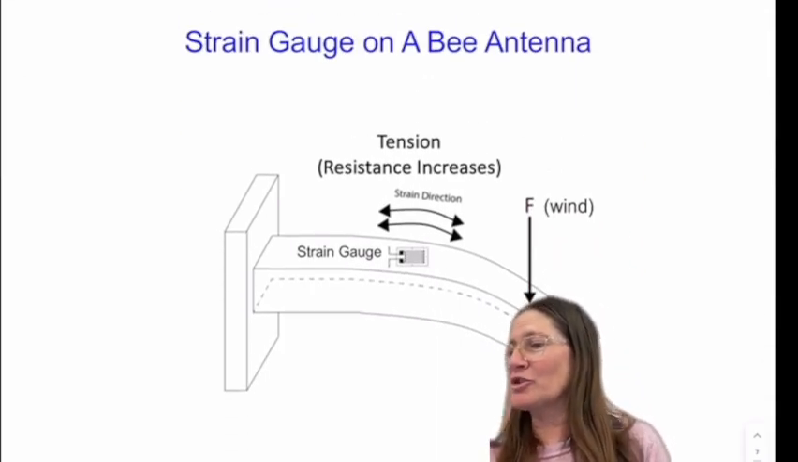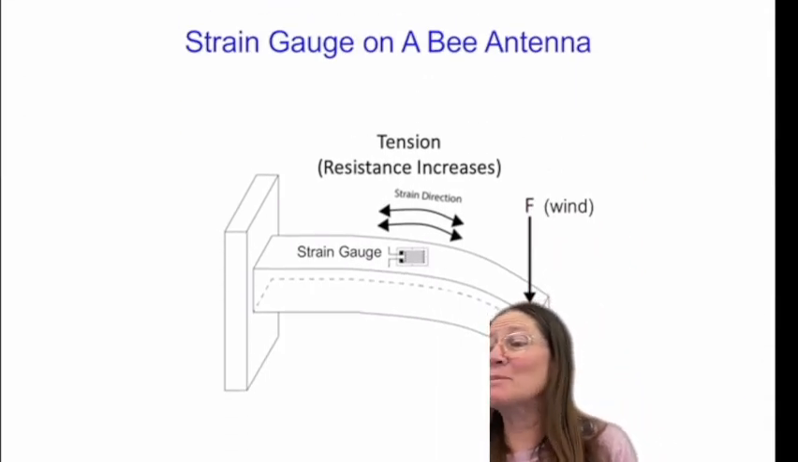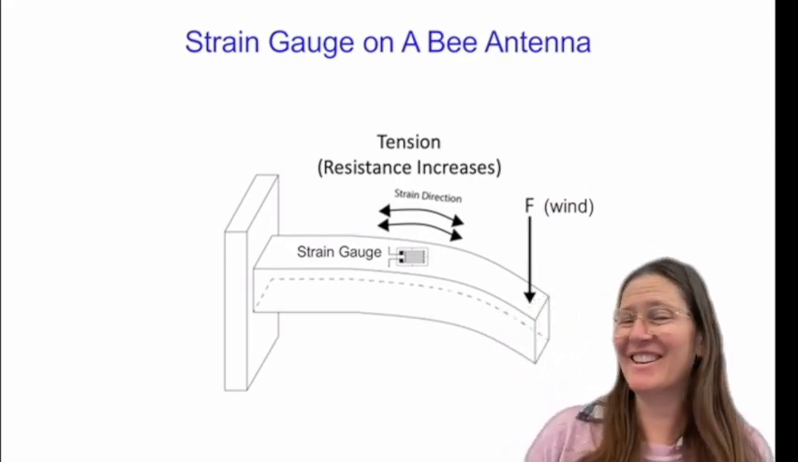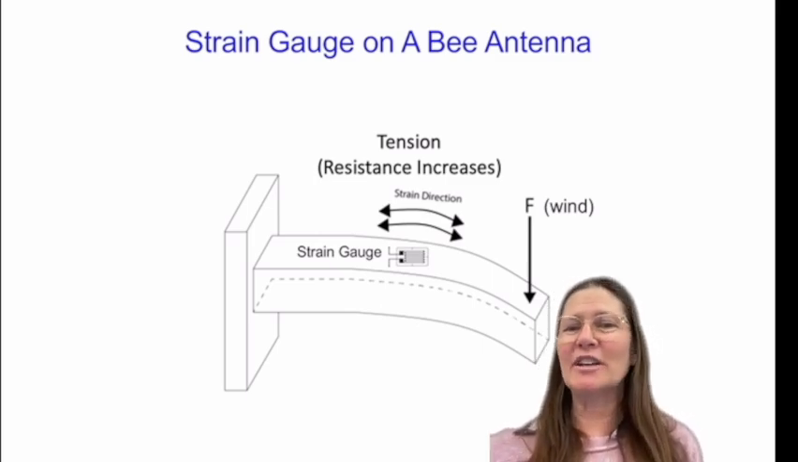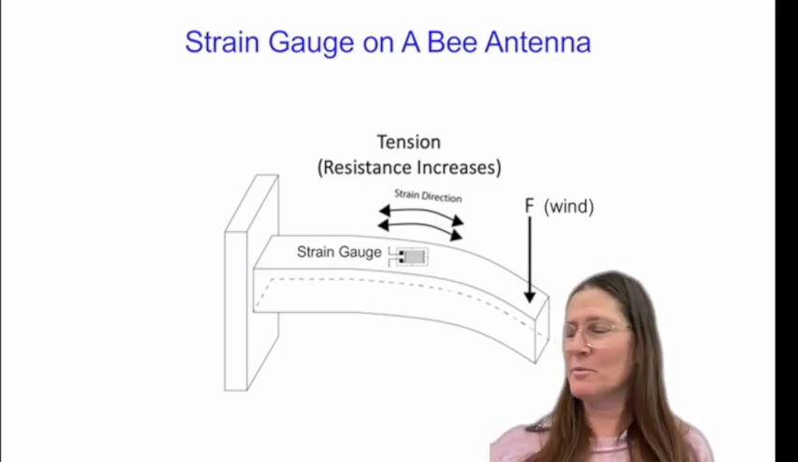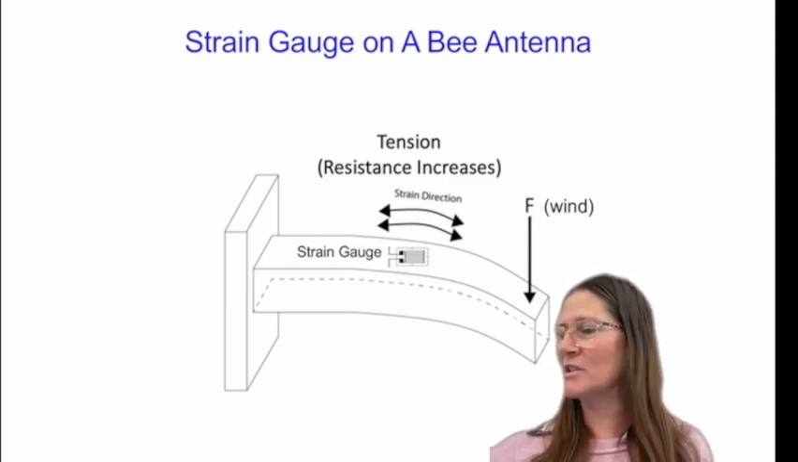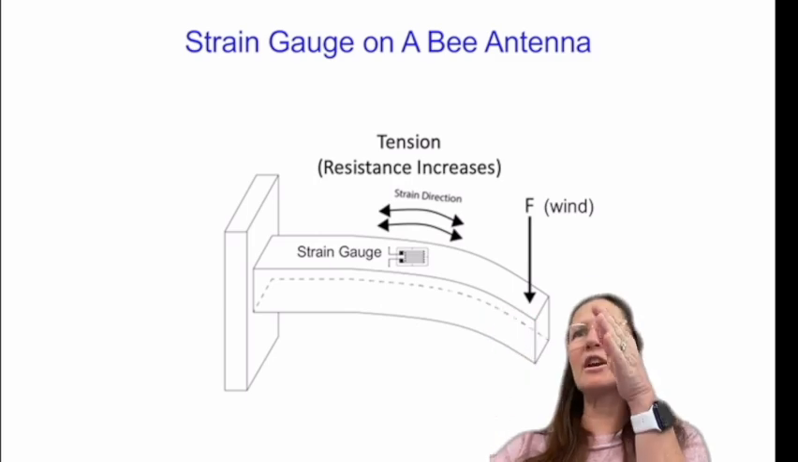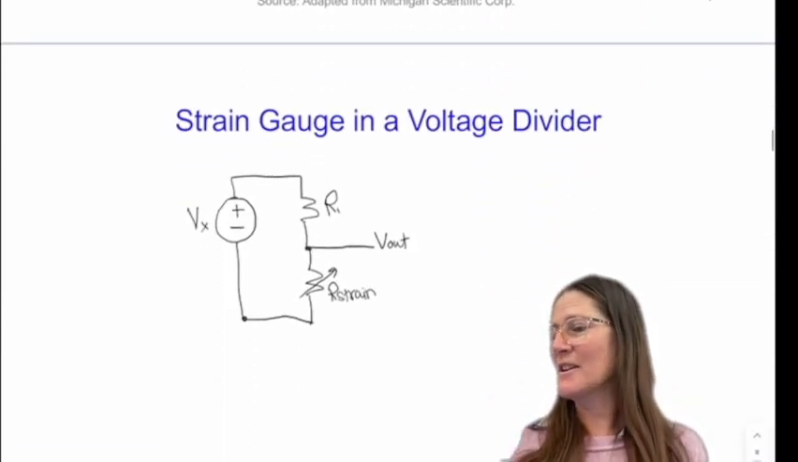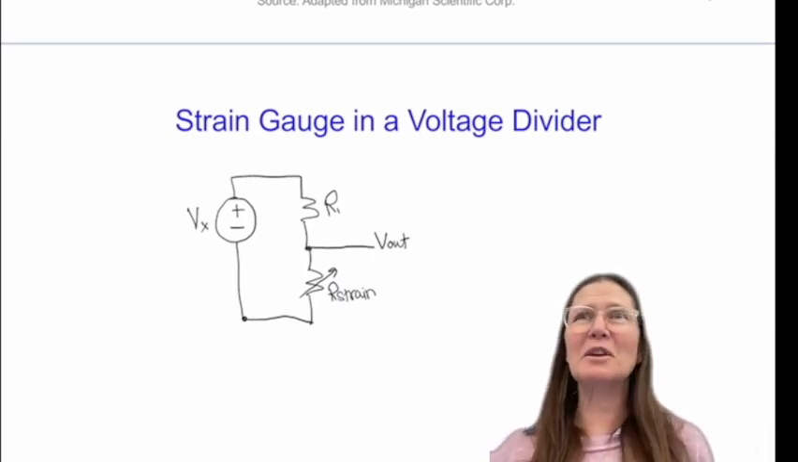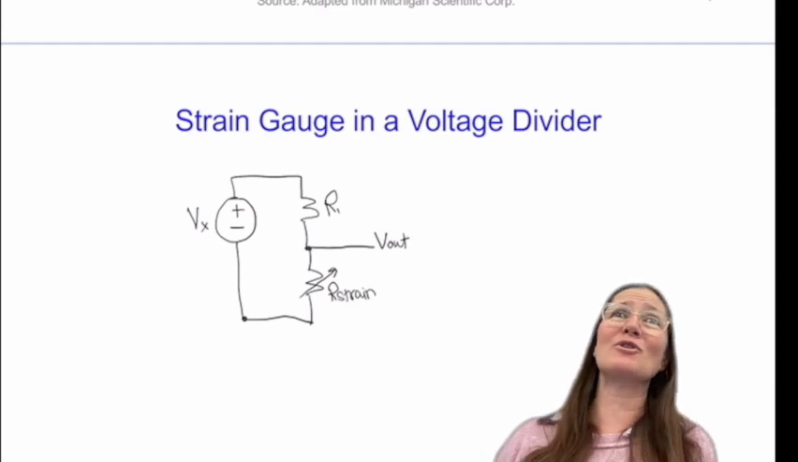So a strain gauge on a bee antenna has actually been done, which is kind of cool. A small little strain gauge on a bee antenna. As the wind came down, it created a strain gauge change, and that changed the resistance. So looking at this, we want to know, how do we actually measure this now in a